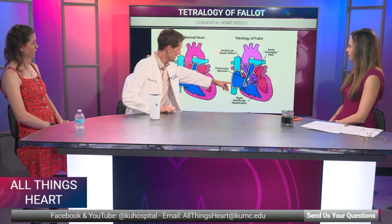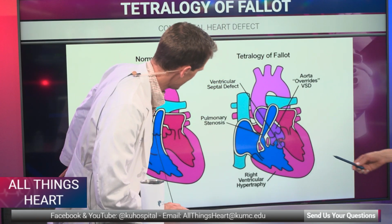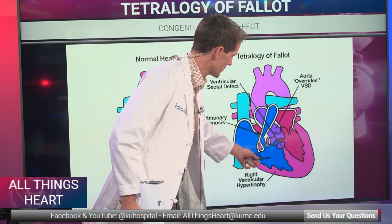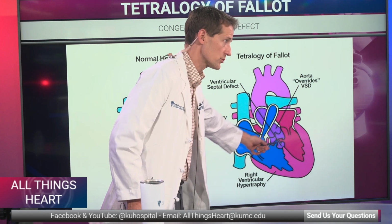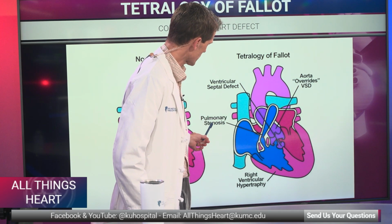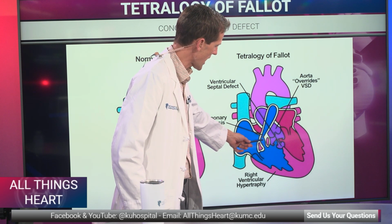And where would the hole be if we look at it? The hole is right here. Okay. Let's see, can I get up from here? I think you can, or you can do here. Use my thing as a pointer. The hole is right here, and these 2 are the ventricles. And this allows blood to flow back and forth between these 2 ventricles, and it's not supposed to do that. Oh, okay. Another is what we call pulmonary stenosis, which just means that there's narrowing here at or often below the pulmonary valve,